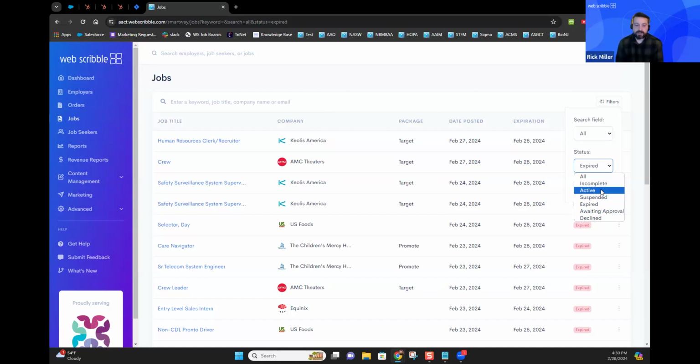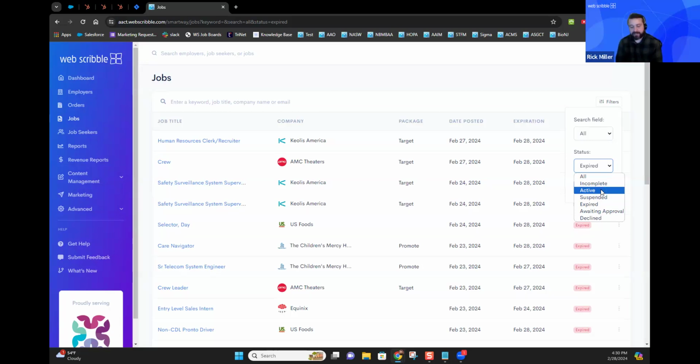So some of our partners like to do this because they've had situations in the past where employers may have logged in and posted jobs that didn't really make sense for the job board. So this is a screening tool that we offer for jobs. It's a manual process depending on what kind of engagement you have in your job board, how many folks visit it, and how high traffic it is. Might not be something for you, but we do offer it as an option, and you can sort and filter by that status if you'd like.